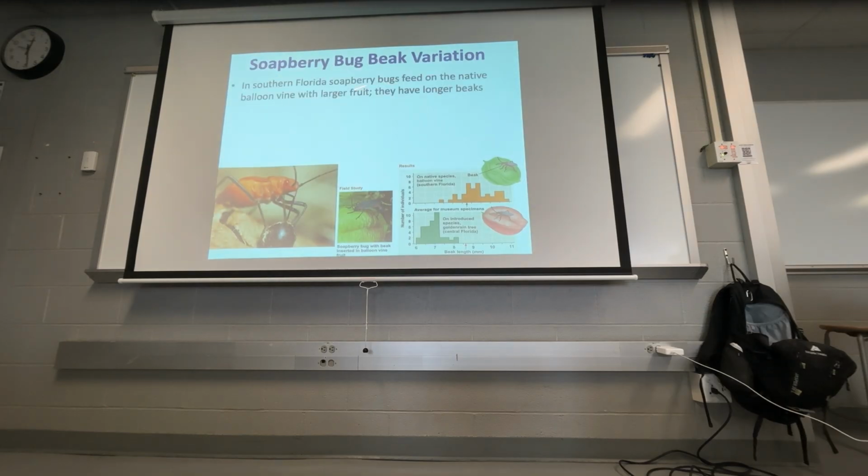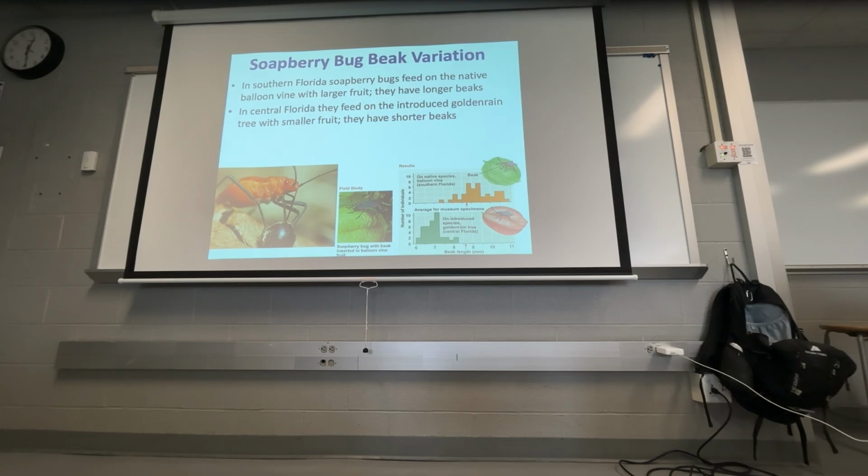Now in southern Florida, they were studying the soapberry bugs and found that they feed on the native plant called balloon vine, which has really large, thick fruit with large, thick exteriors, and they have really long beaks in order to reach the seeds. In the 1970s, 1980s, something like that,